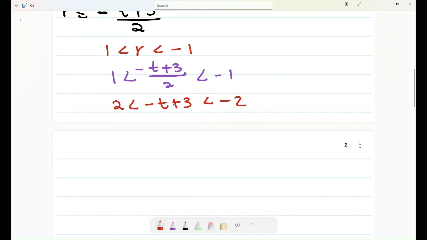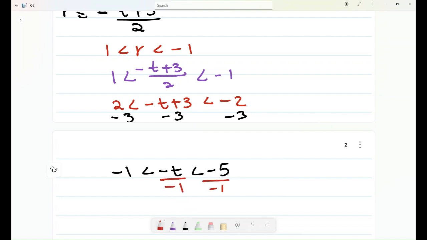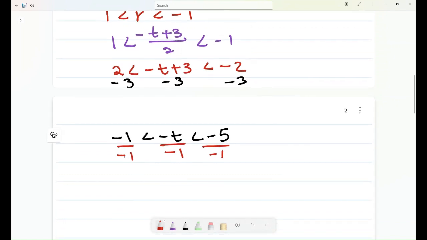Then I take this 3 and distribute to the other side. I'm gonna minus 3 on this part, minus 3 here, minus 3 here. So I get what there? I get 2 minus 3, it is negative 1, less than negative t, less than negative 2 minus 3, it is negative 5. Right? Then I know if I divide by negative 1, by negative 1, by negative 1,